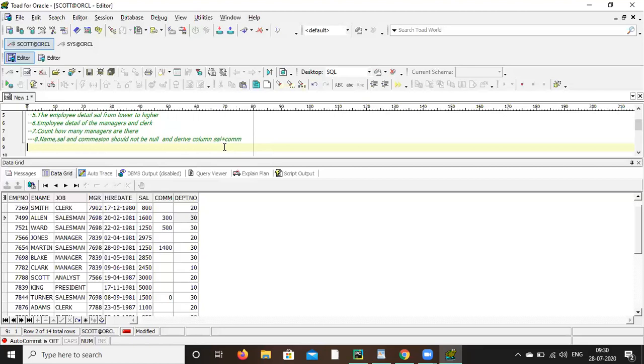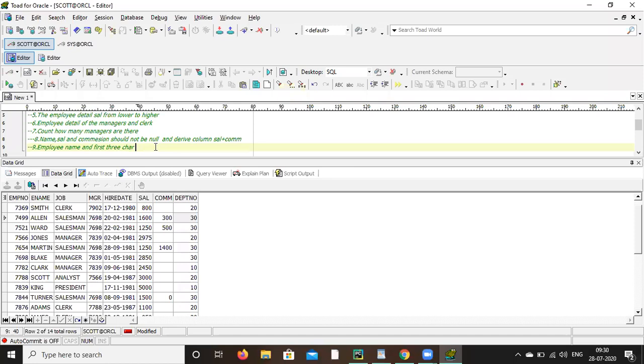Now I want employee name and short name of the employee. Short name of the employee means the first 3 characters. Let's say I have Smith. So I want Smith, then another column to come: SMI. Only 3 characters.